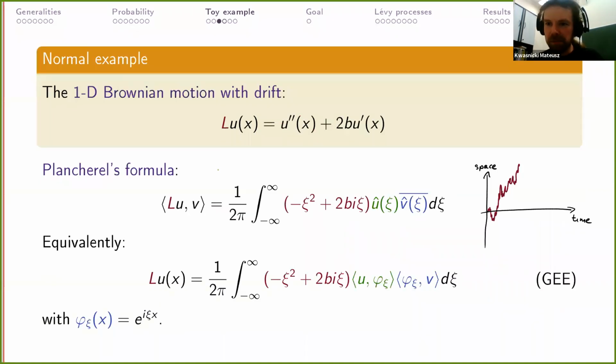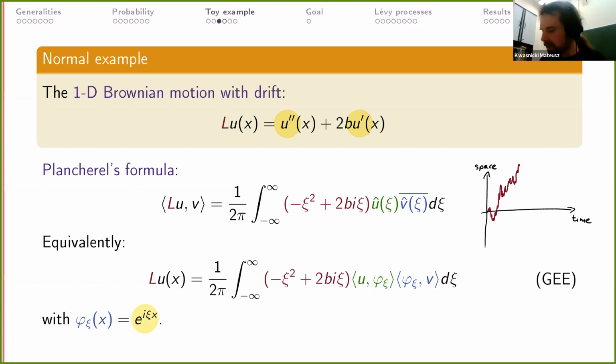And now let's move to a little bit more complicated example. Let's add a linear term to our operator. So instead of just the Laplace operator, we add a constant times the first order operator, the derivative of u, still in dimension 1. We can do essentially the same as before. So we can write the Plancherel formula and observe that again, we get the same family of